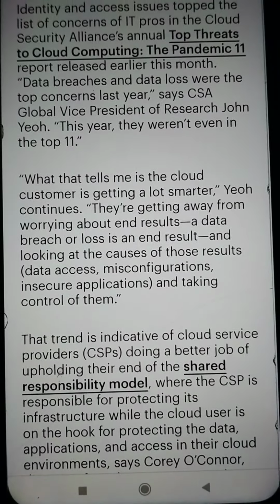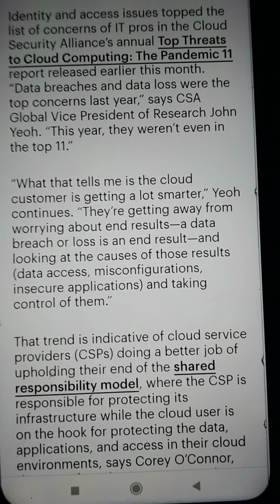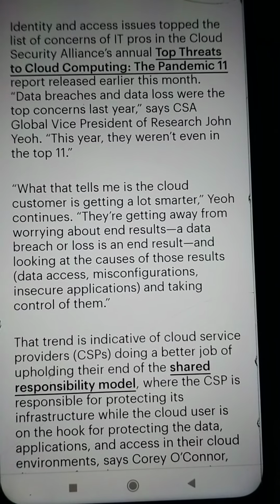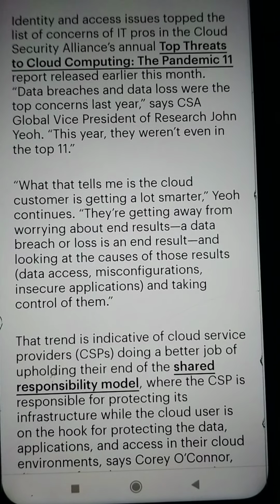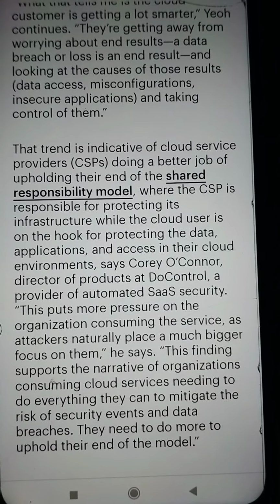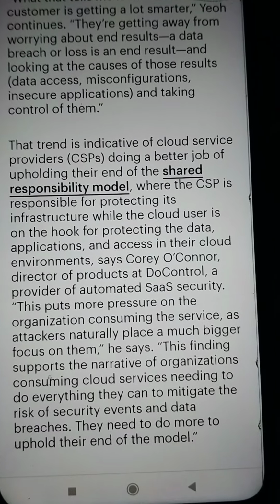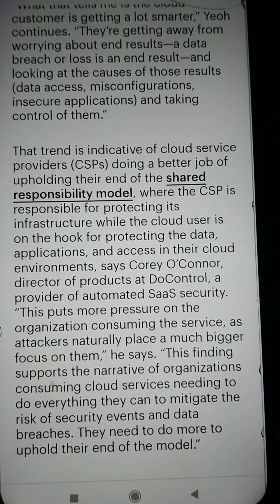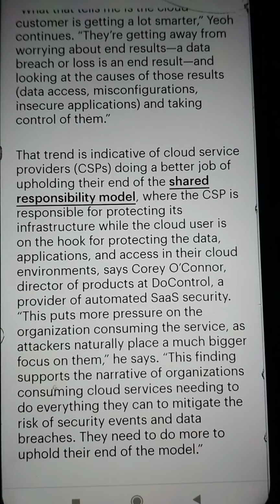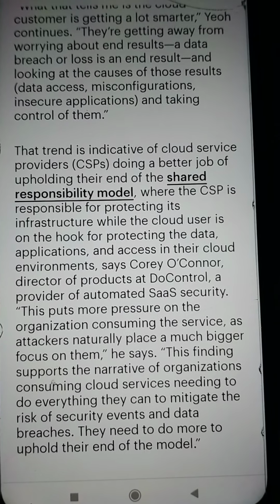Data breach or loss is an end result, and they are looking at the causes of those results: data access, misconfiguration, insecure applications, and taking control of them. That trend is indicative of cloud service providers (CSPs) doing a better job of upholding their end of the shared responsibility model, where the CSP is responsible for protecting its infrastructure while the cloud user is on the hook